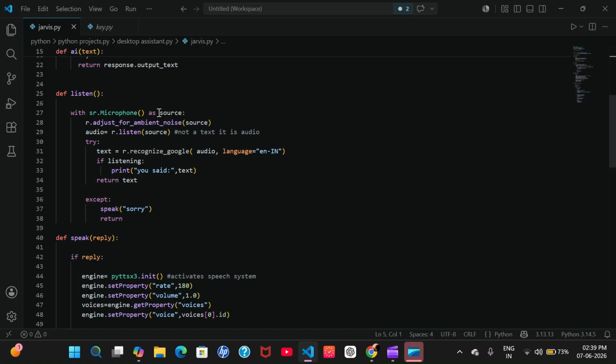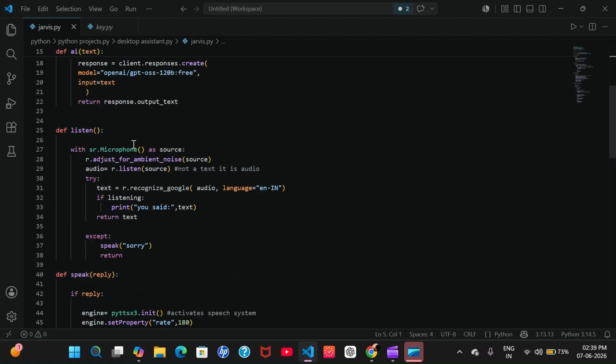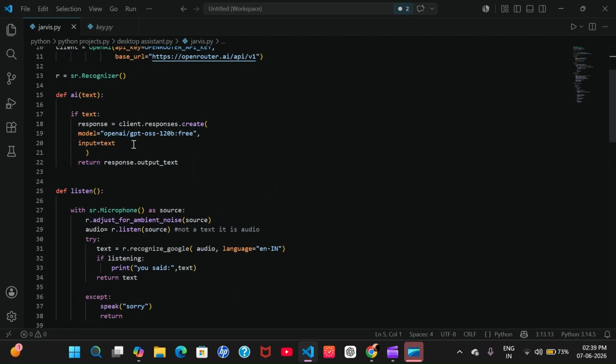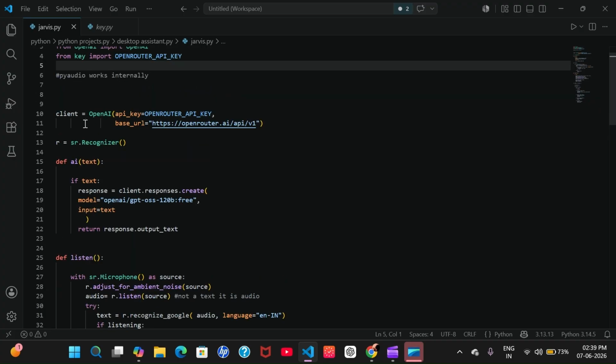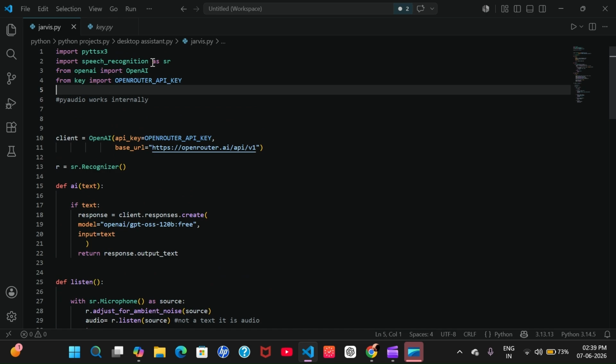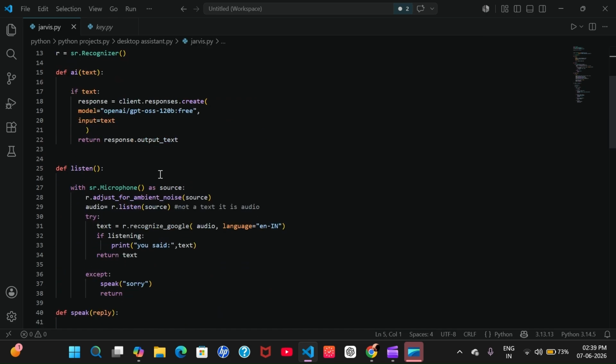Now the source will be listened to with r.listen. What is r here? See, r is the recognizer. This is the way you can call it: sr.Recognizer, from speech recognition. Okay.